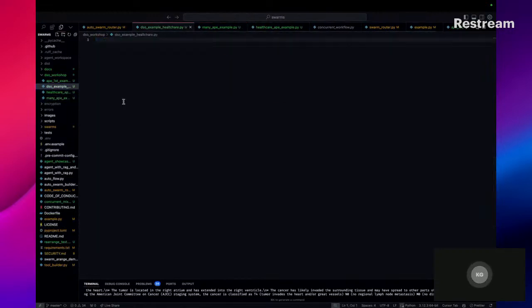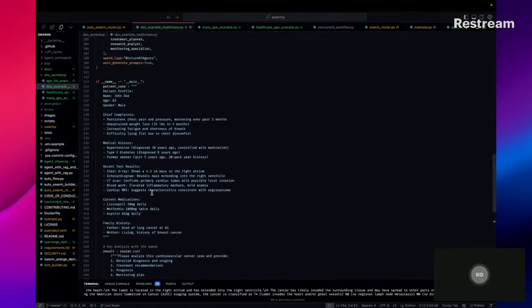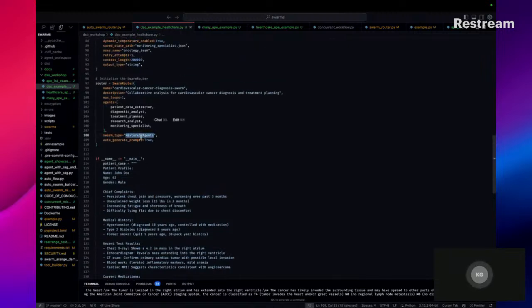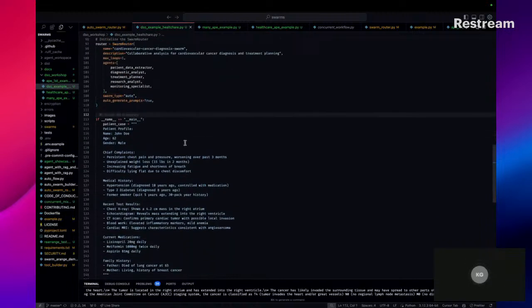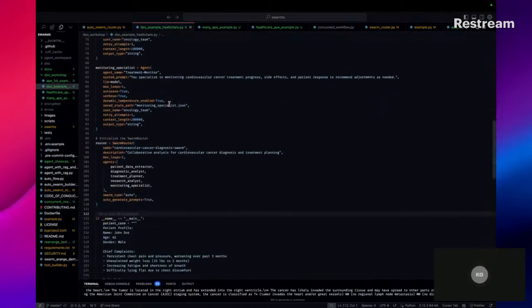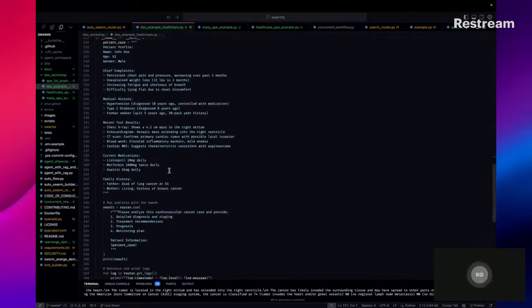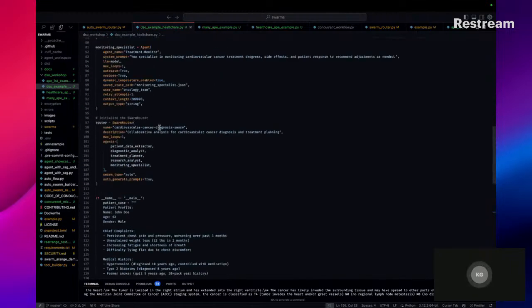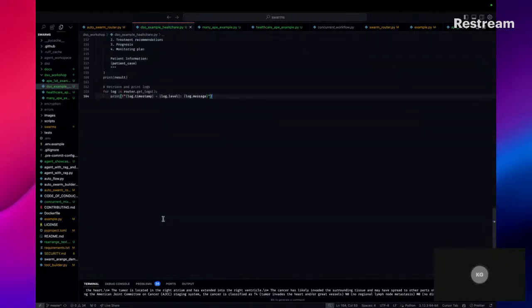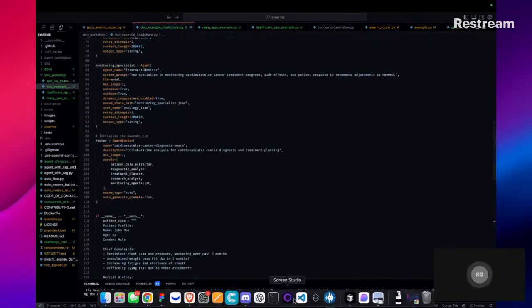So we're going to copy this example that we had before. And so here, you know how we're saying mixture of agents, right? Well, we just delete that and then we just say auto. And then that's it. So now it'll first select a swarm that we need, and then it'll run the agents. So we have that. Now we can try running it.